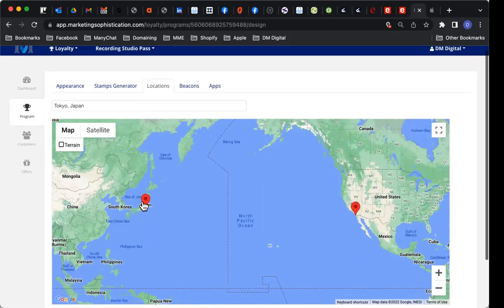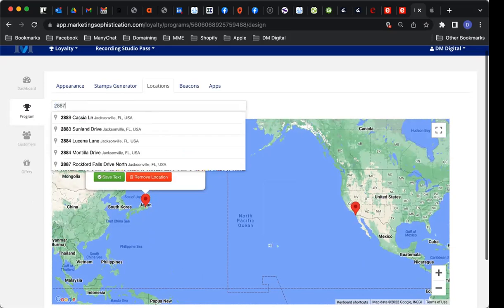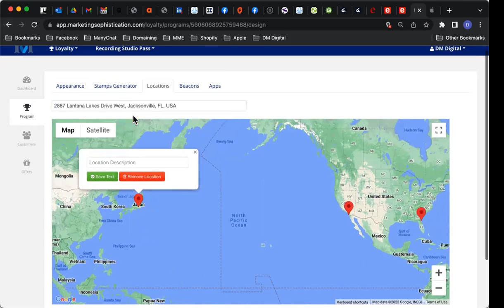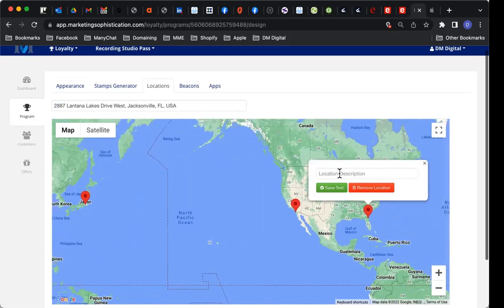So when you put a physical address, let's pick my previous home here in Jacksonville, where I used to live. When people arrive at that location or nearby, you're going to say something. When people arrive and they have your pass downloaded in their device,